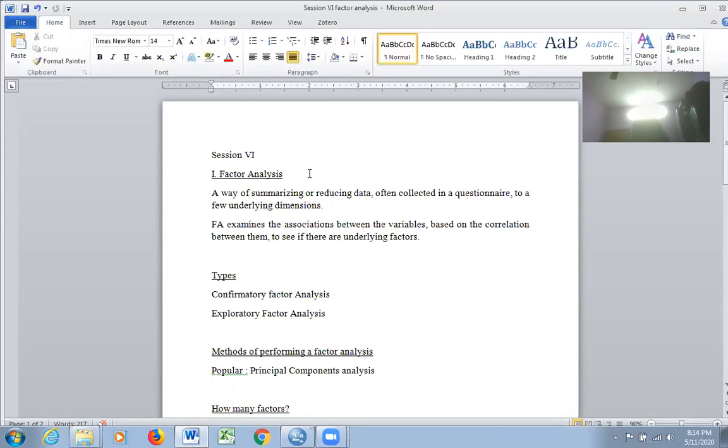for factor analysis. For example, I ask you a few questions: your name, your gender, your date of birth, nativity, father's name, mother's name, all those things. Then I ask you about your performance in 10th standard, 12th standard, UG, what course you did, where you did your PG courses or MPhil course or PhD.